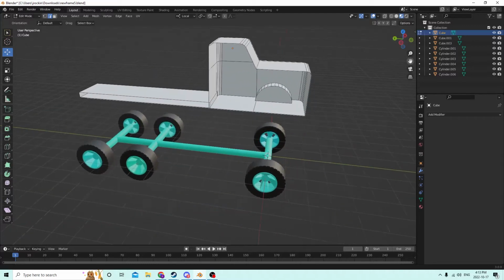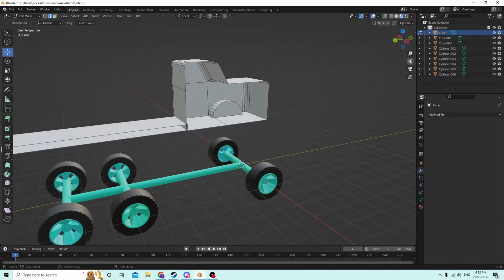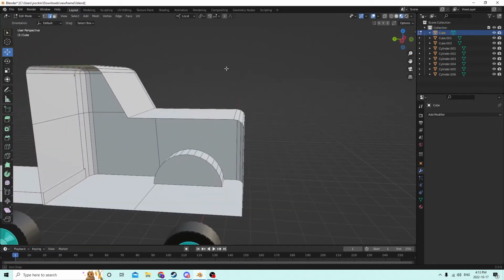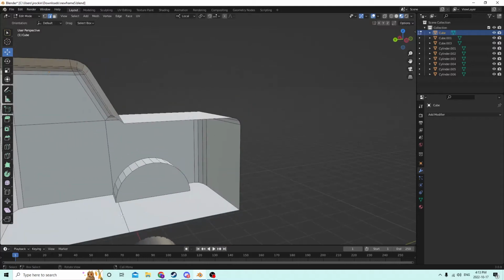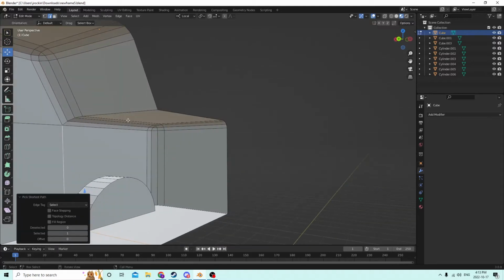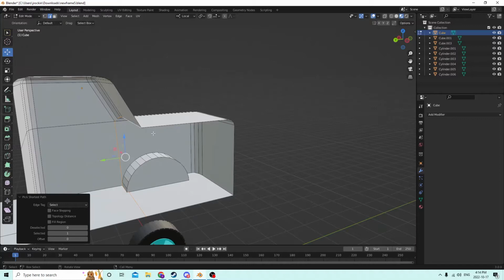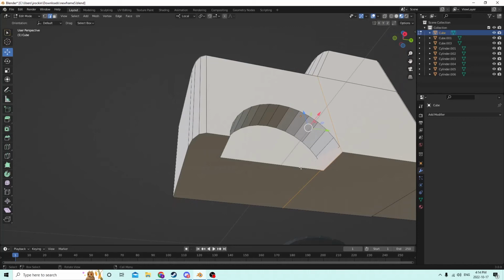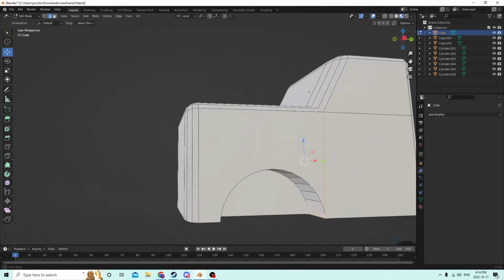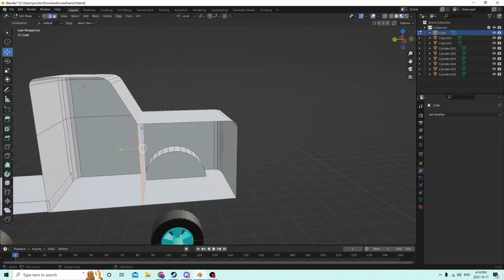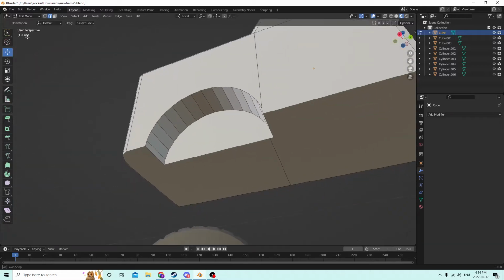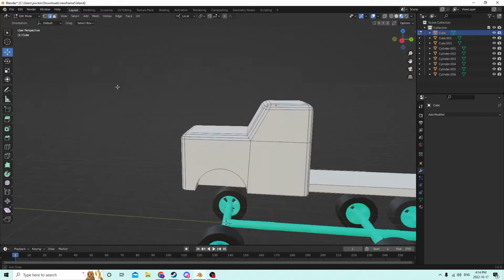So, if you're going to have an interior in your vehicle, maybe we'll talk about this time. What you're going to want to do probably is again before the tire, maybe highlight these edges like so, and then do an F. But since we've already entered our tire, it's going to mess that up. So we're not going to do that. I'll find another way to do it later, slightly different, but just for example, it would probably be a little cleaner if we had done it that way, but we didn't. So moving forward,